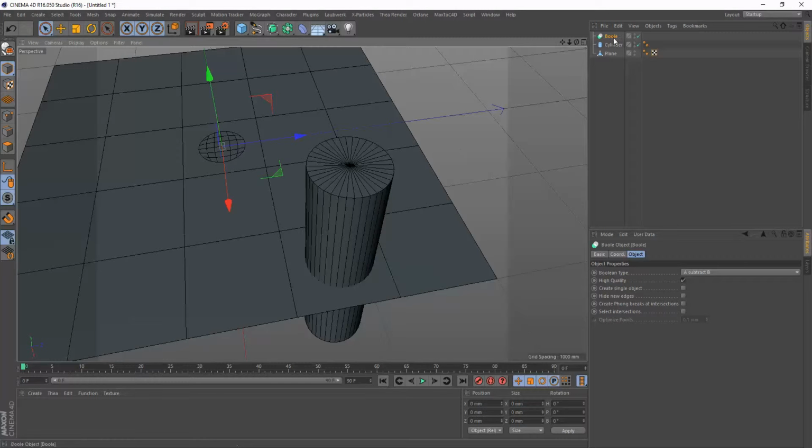But this Boolean method is more flexible.